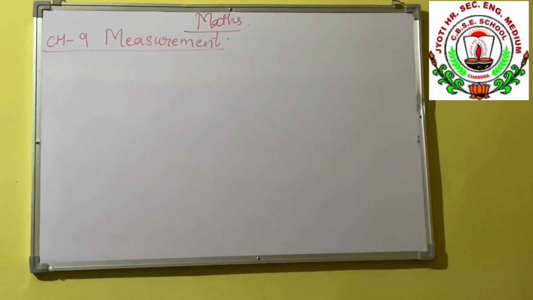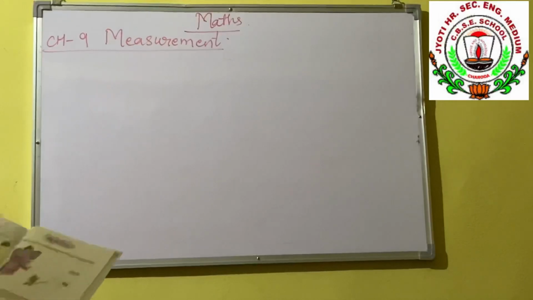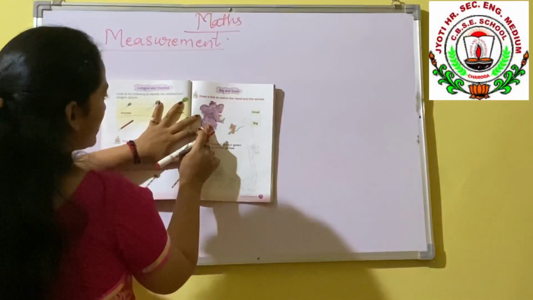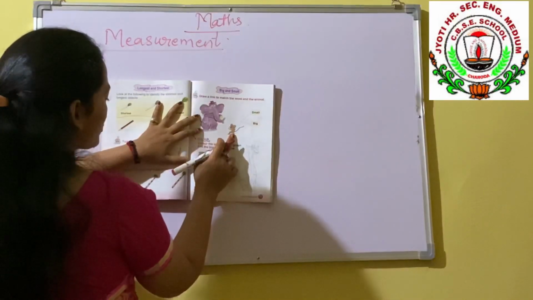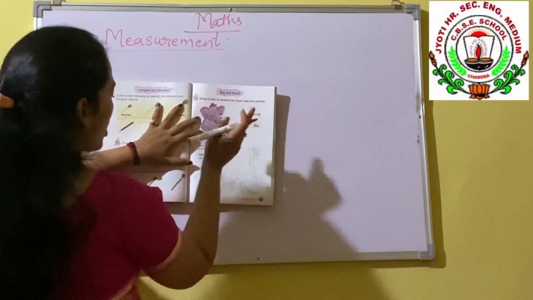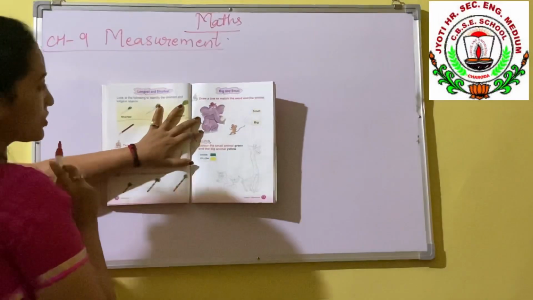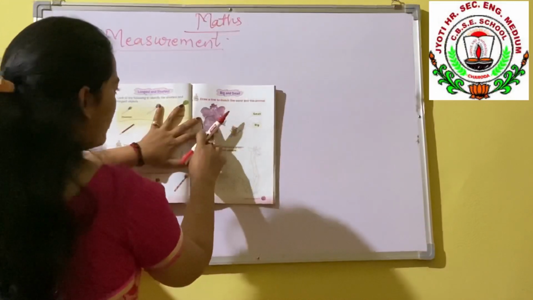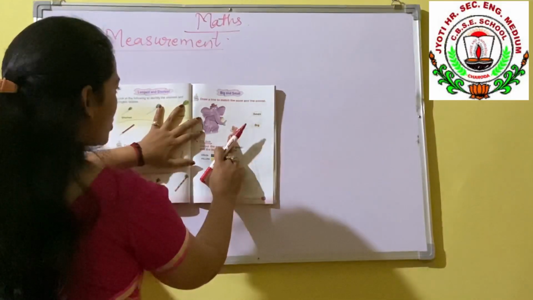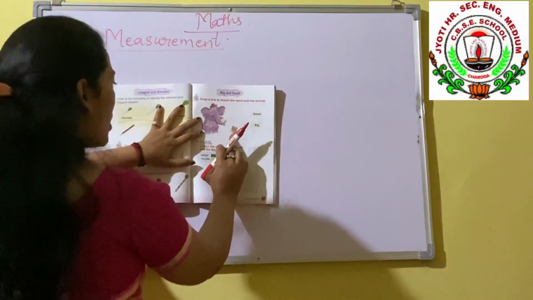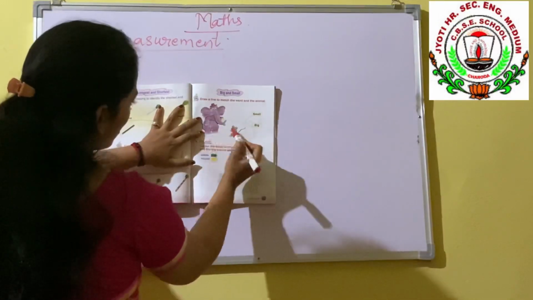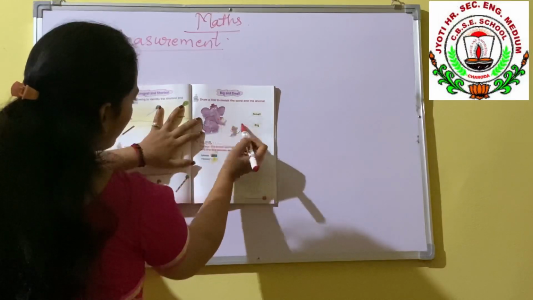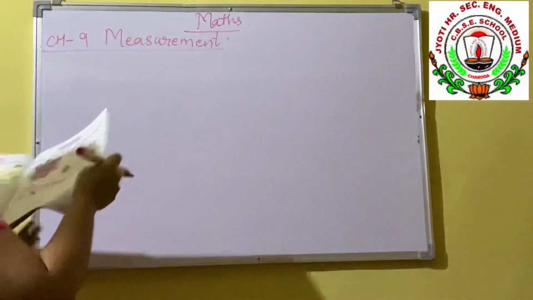Here on page number 119 you can see one elephant is drawn and one mouse is there. Which one is small and which one is big, student? You have to tell, so you have to do it by your own in your maths book. Elephant is big in size and mouse is small in size. So we will connect small with mouse and elephant with big. Like this only you have to do.